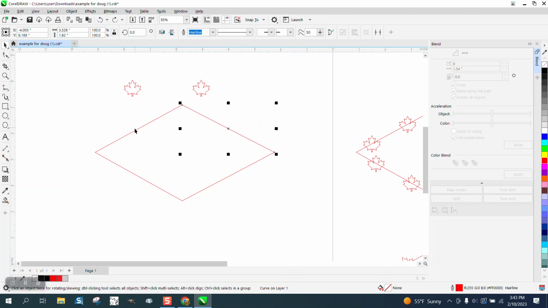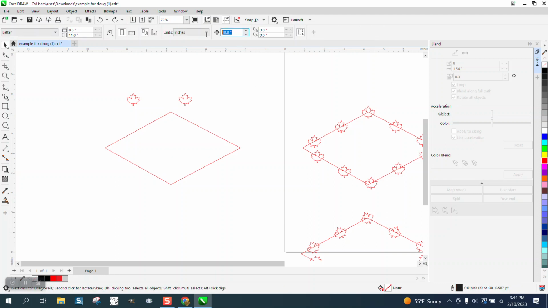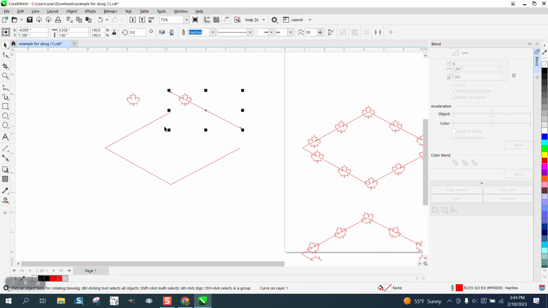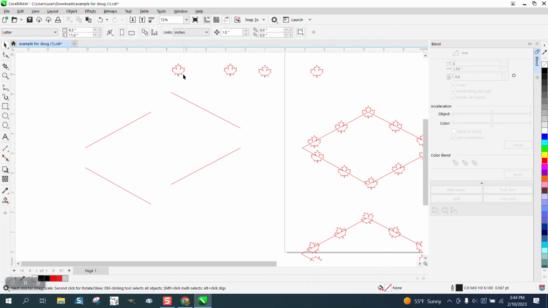So if we kind of do this just to play around with it, I'm going to set my nudge factor on something pretty low right now, like 1 inch. And I'm going to nudge this one up, this one over, and this one down, or down and over. We can always put them back. I would make a lot of copies of this, and what we could do if you wanted a certain amount on the ends of the,